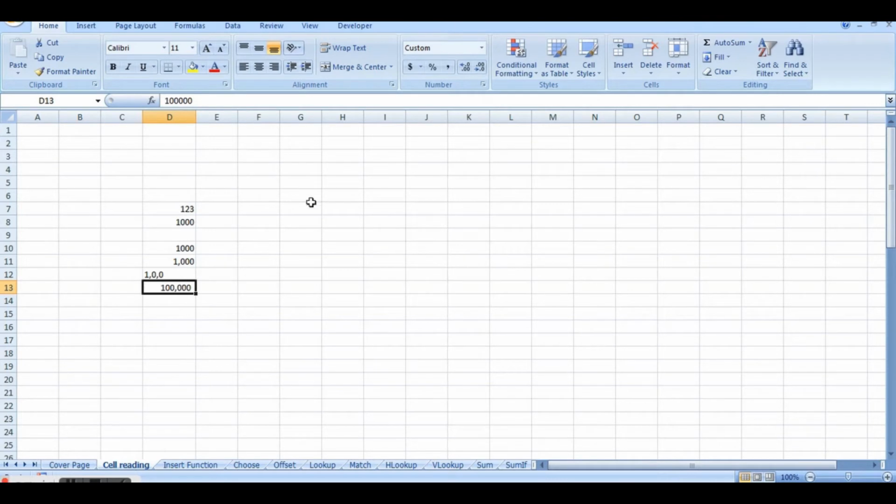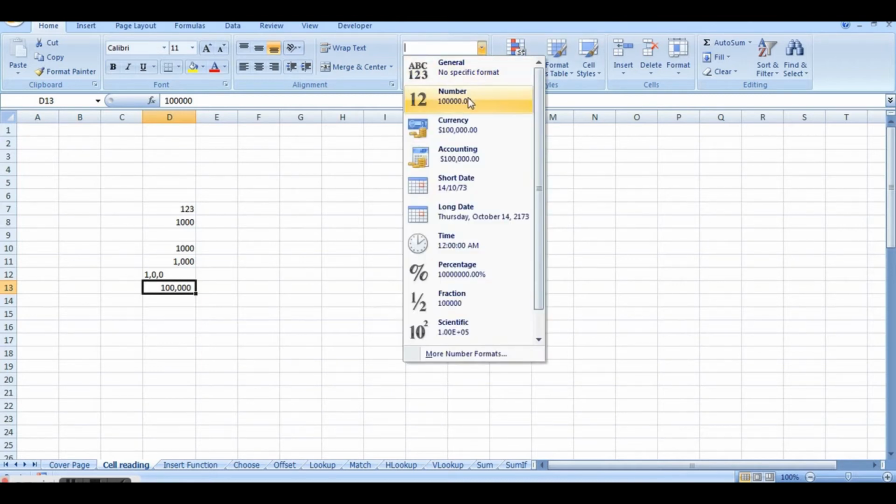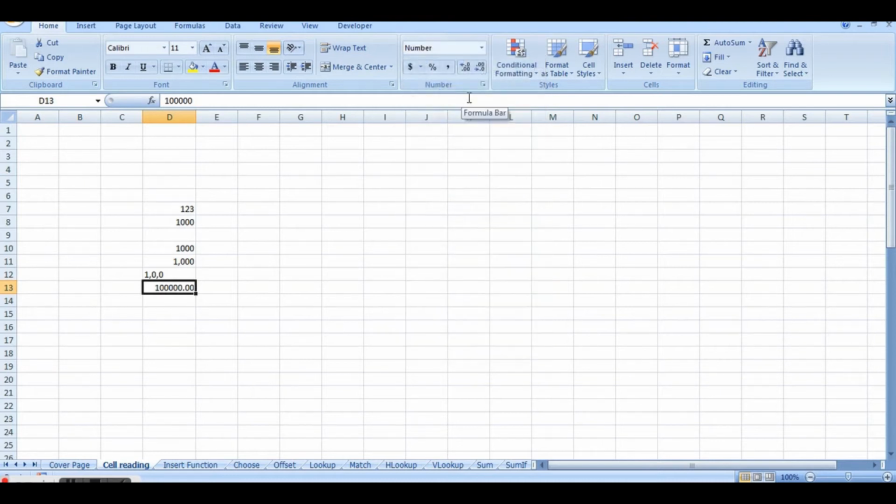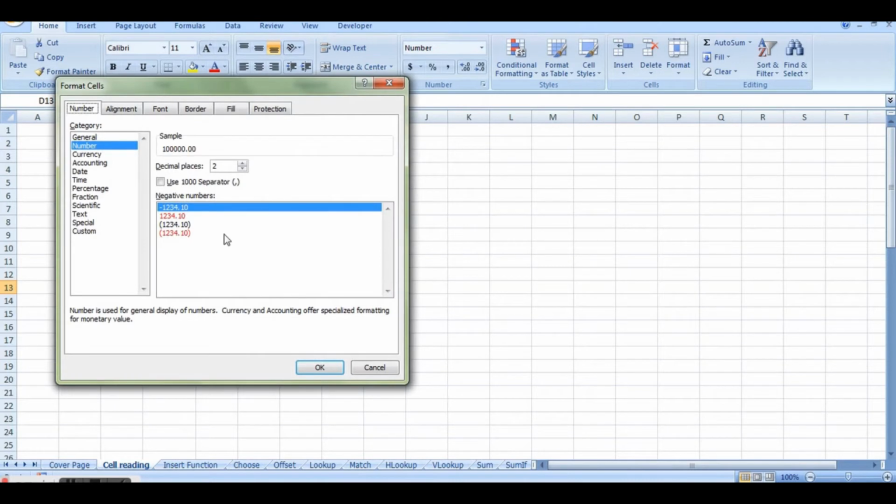Now if I want to put this into the currency form or back to number form and don't want commas, I simply have to go to this drop down. Here I see number. I choose the number form, and here I see the commas being removed, but again it puts in the decimals because my basic cell formatting, this format cells, is by default set to 2 decimal points.